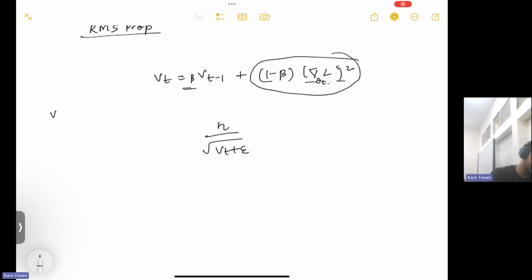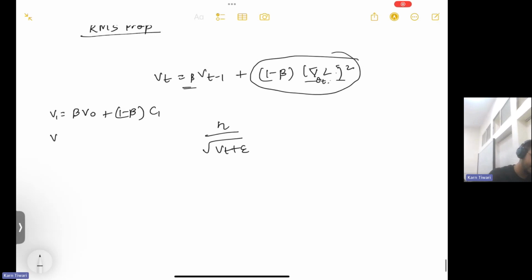V of 1 is equal to beta V naught plus 1 minus beta, suppose I take this as C1. V2 will be beta V1 plus 1 minus beta